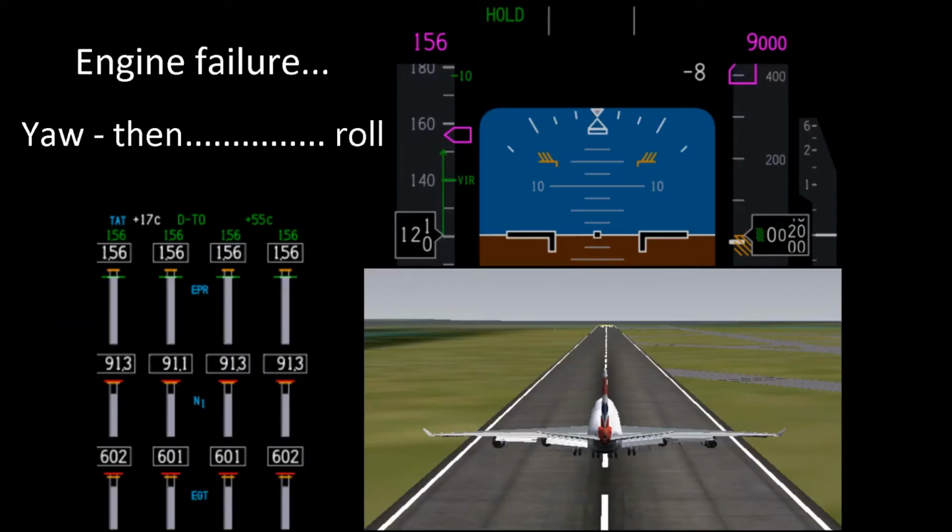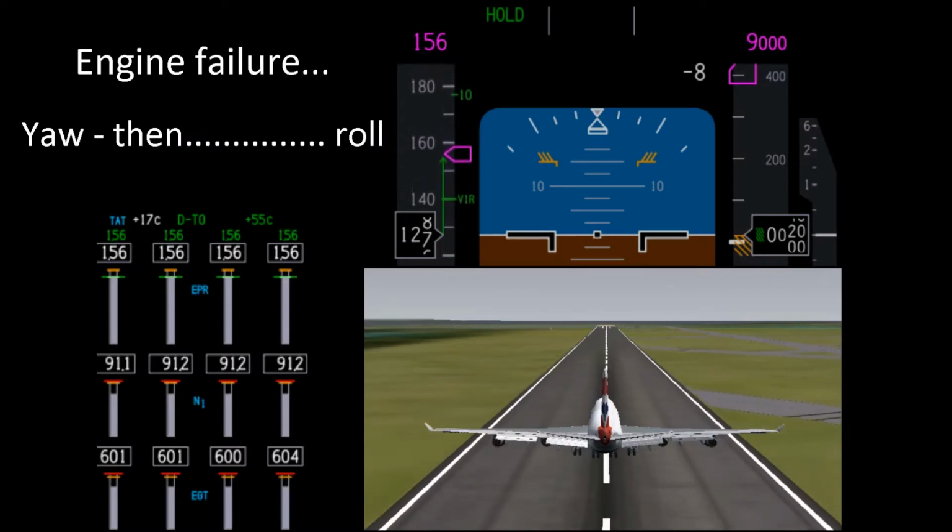Let's have a look at the link between yaw and roll with an engine failure. Number 4 engine will fail at 140 knots as we rotate. So the aircraft will yaw to the right, and as we get airborne it will then roll to the right. I want you to notice the delay between the yaw and the roll. Even as we come off the ground, there is a lag between the yaw and the roll. I'll fly it off the runway just using elevator, no rudder, no aileron, just to watch the effect of the engine failure. So here we go, running the simulation now,